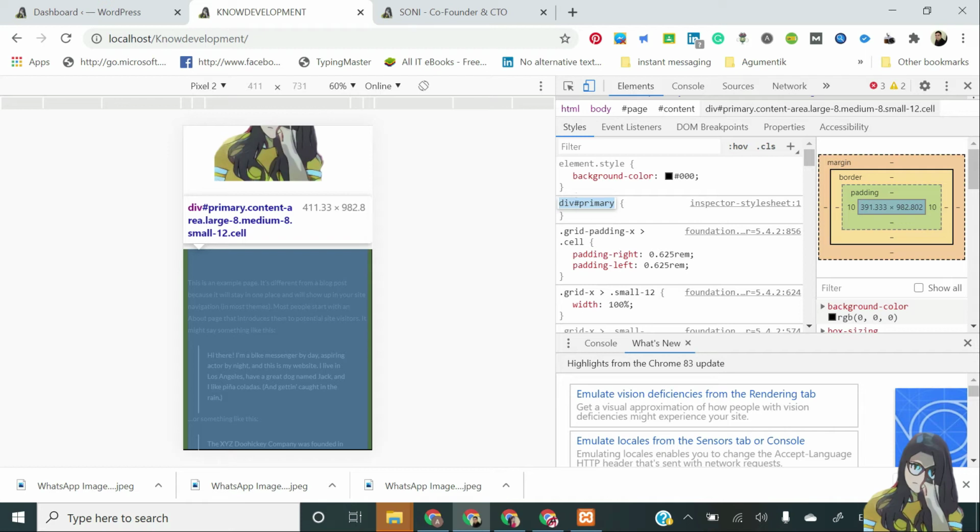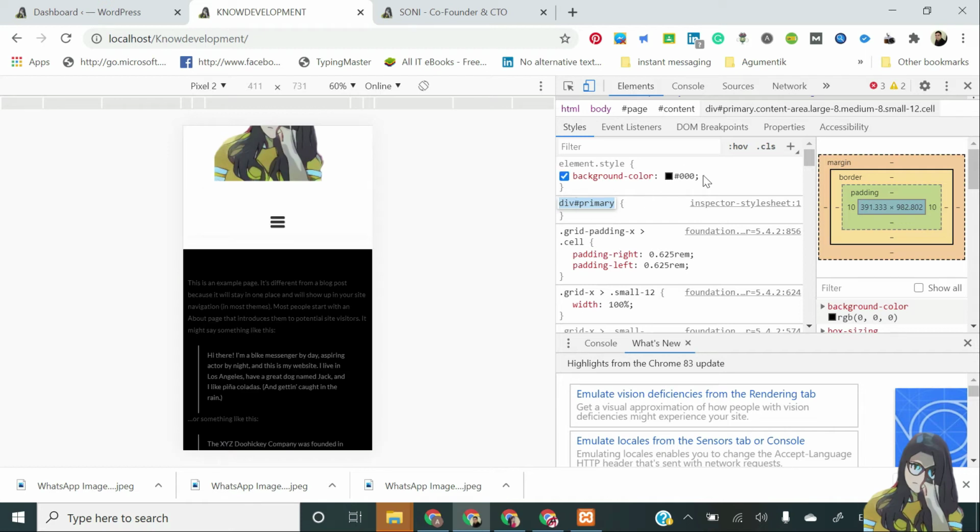Day, hash and primary. Under that, you will have to copy this code and paste it. After that, what you will do, the entire code you will copy from here till here, and you will have to paste it in the additional CSS code in customization. Then you will have to paste it over here.